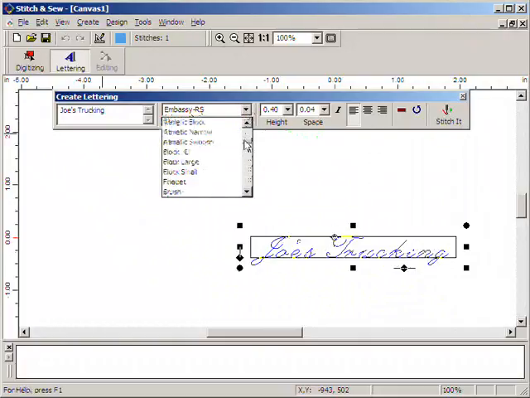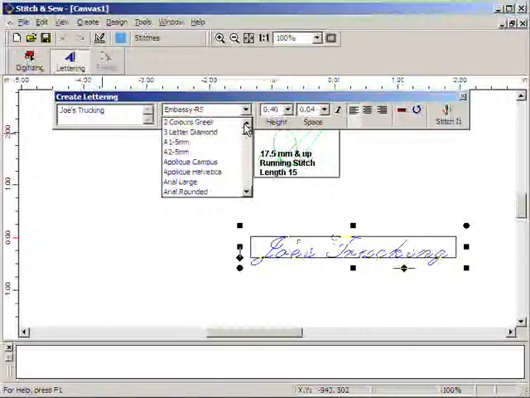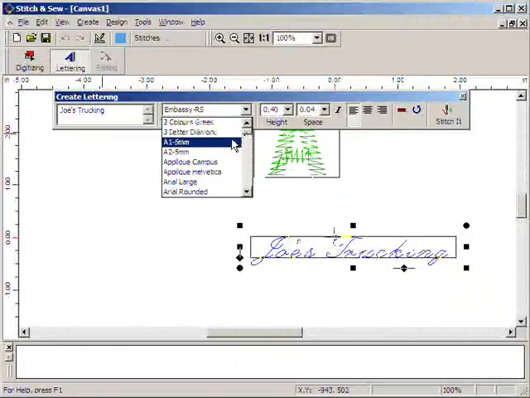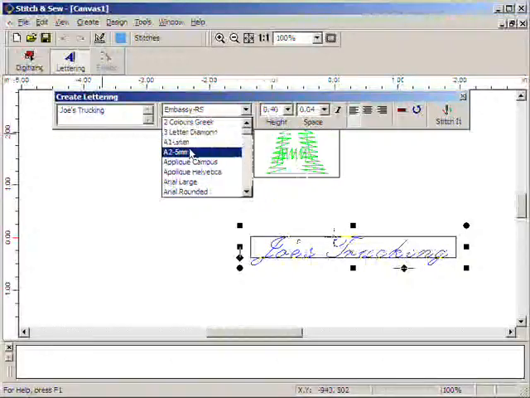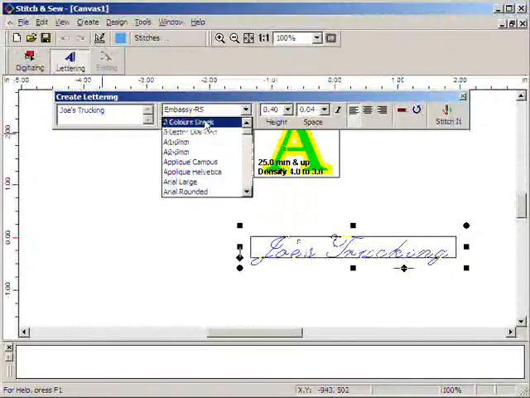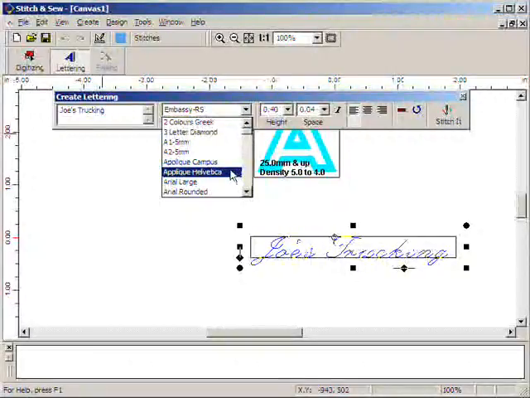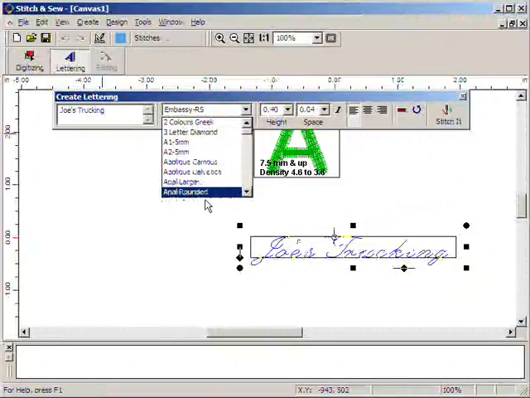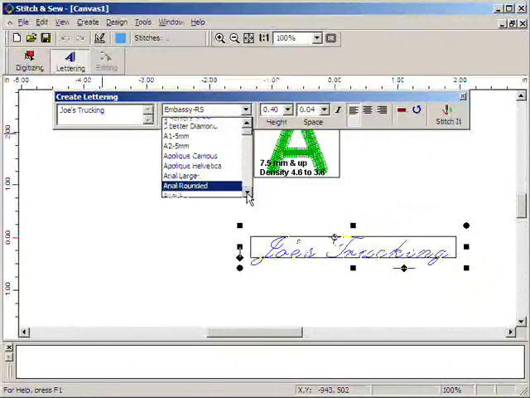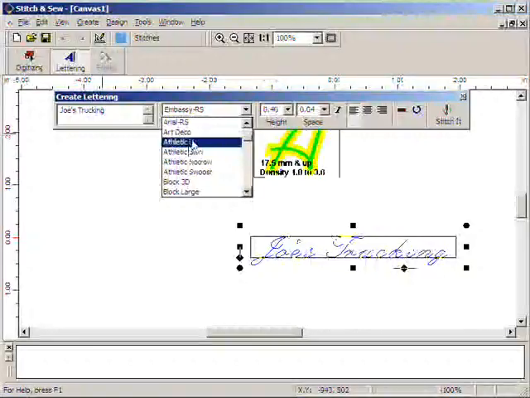again proceeding left to right, you can then choose from one of 72 fonts that come with the program. And as you'll find out, you can also add to the font collection later on. But we do have an impressive collection of fonts, from fonts that sew well at small sizes, to multicolor fonts, to all of the major font styles such as sans serif block type fonts, large and small rounded ends,